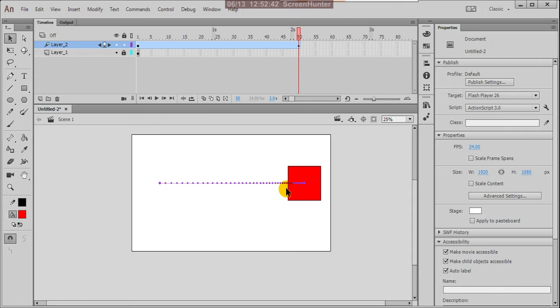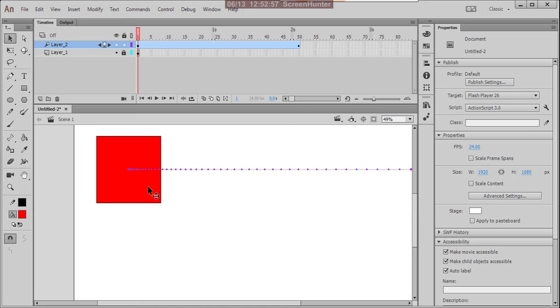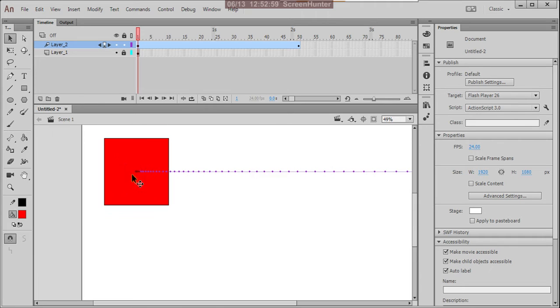So this is slow in, slow out. This is slow in, and the opposite is slow out, suppose in minus. This is slow out, it is coming from outside slowly, so slow out.